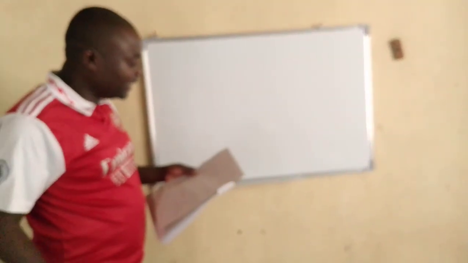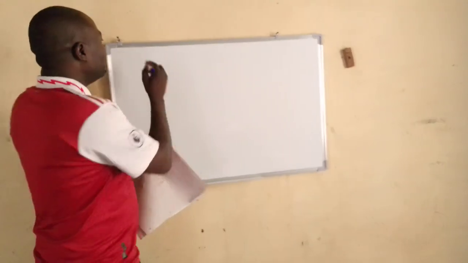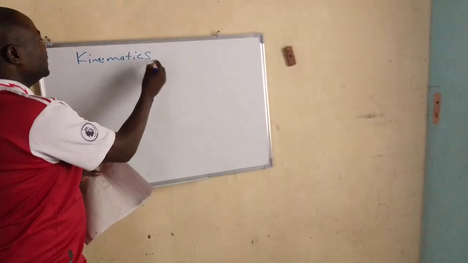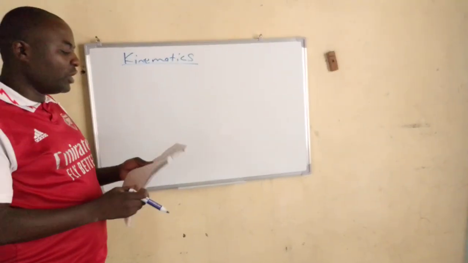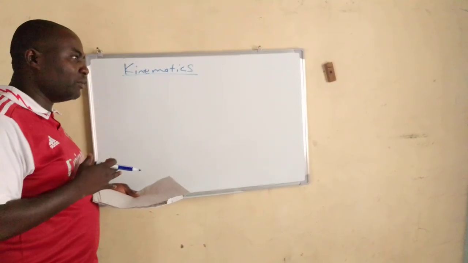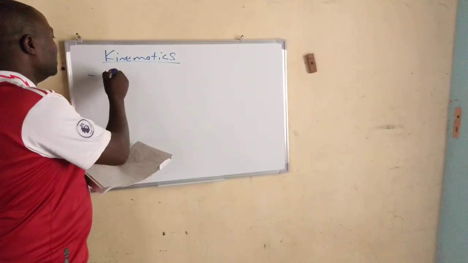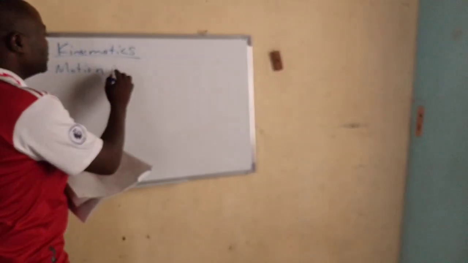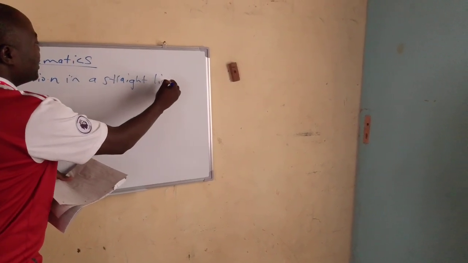Okay, so in today's lesson, in this video, we're going to start on kinematics. This is the start of motion. The motion can be in a straight line, or rectilinear motion, or non-rectilinear motion in a curved path. But I'm only going to focus on motion in a straight line